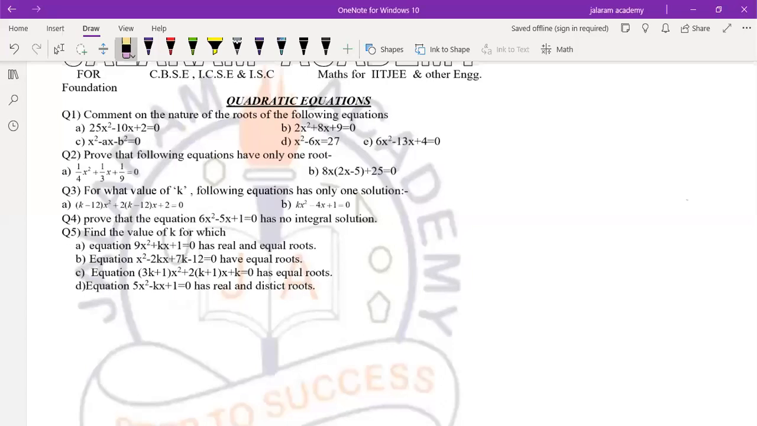So first we will revise the nature of roots of a quadratic equation. Then we will discuss the doubts in this sheet. Nature of roots, in short,